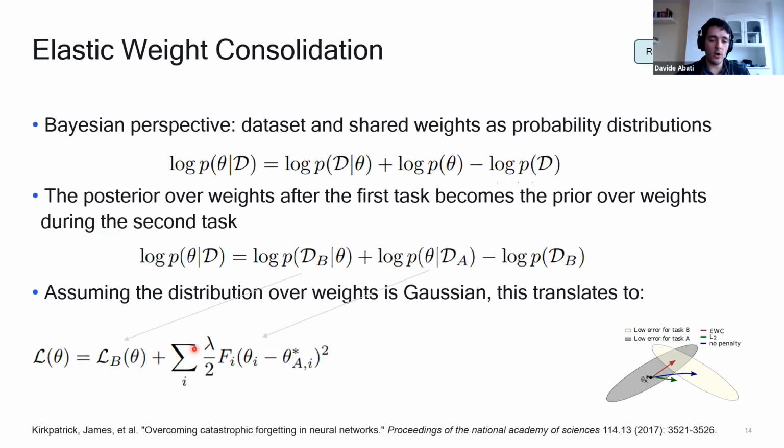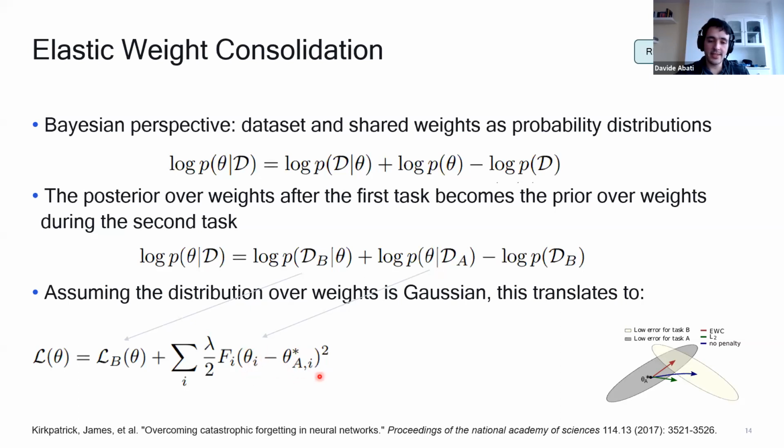And also regularize the weights with this factor here. So this factor is a summation over the weights. You have a hyperparameter controlling the strength of this loss factor, which is fixed for all weights, but each weight has a quadratic penalty. So we will penalize the change of the ith weight with respect to its value after training on task A.